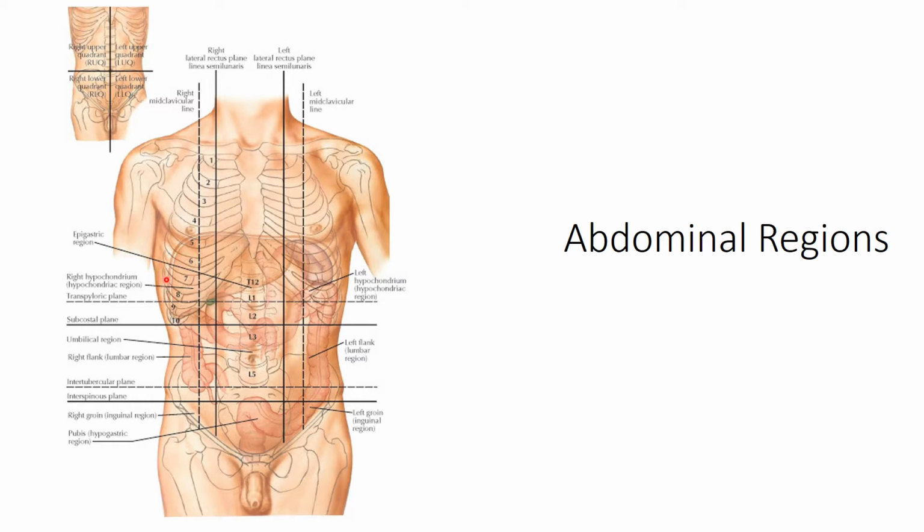So starting with the right side superiorly, this is the right hypochondrium, then it is the epigastrium near the midline, then is the left hypochondrium,